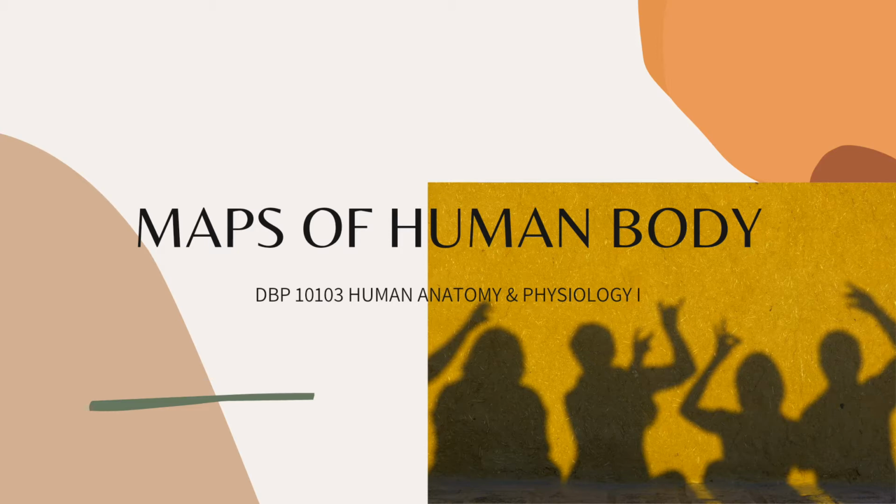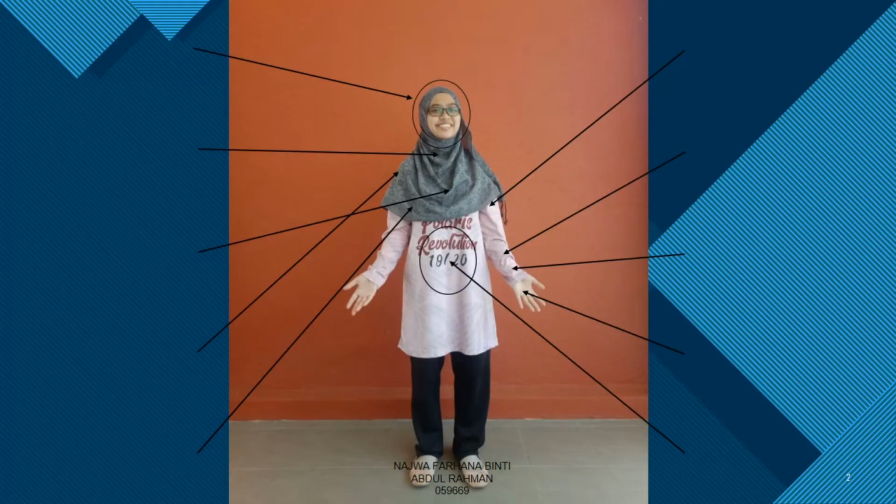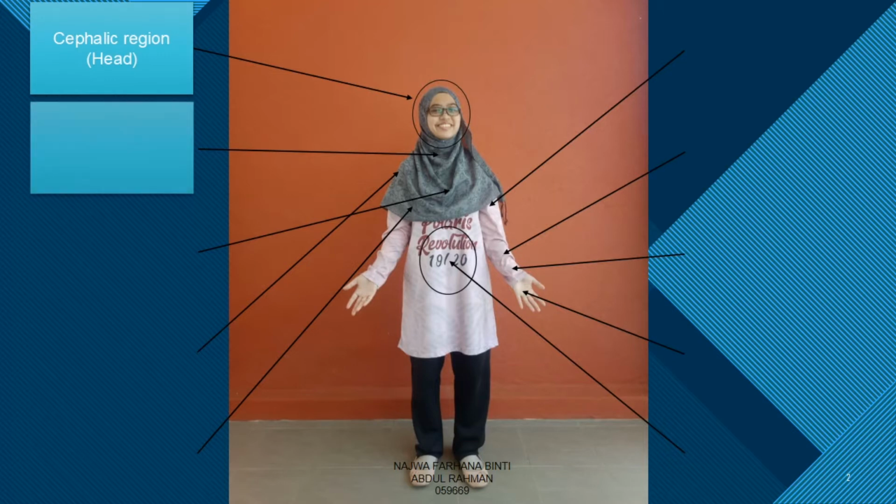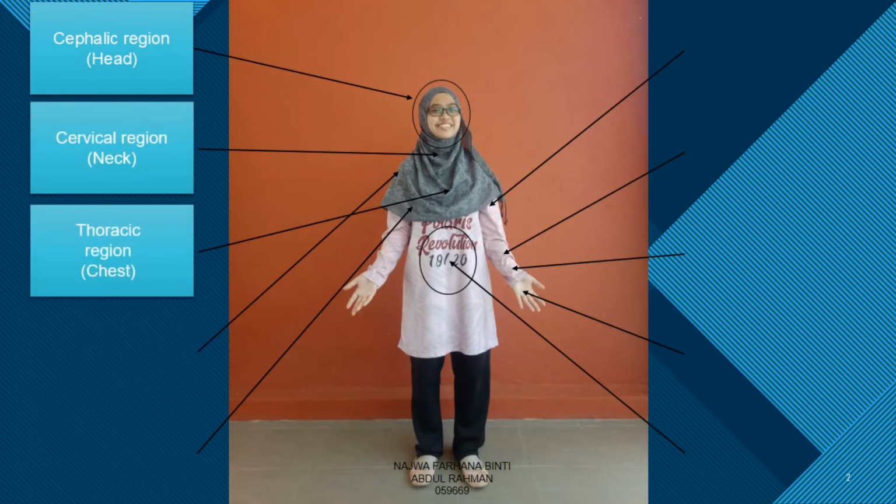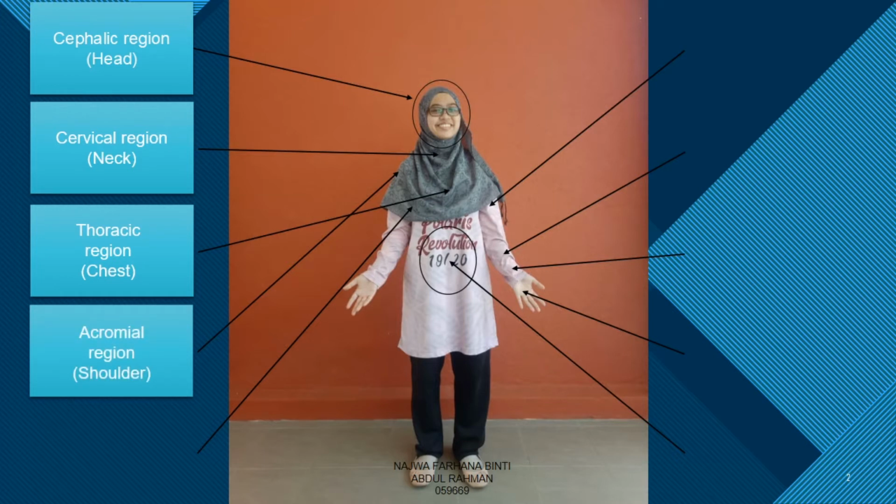Today we will discover a bit about maps of the human body. But first we need to know the regions of the human body. At anterior position: cephalic region, cervical region, thoracic region, acromial region,